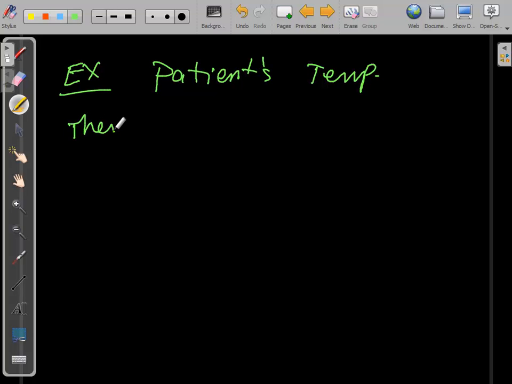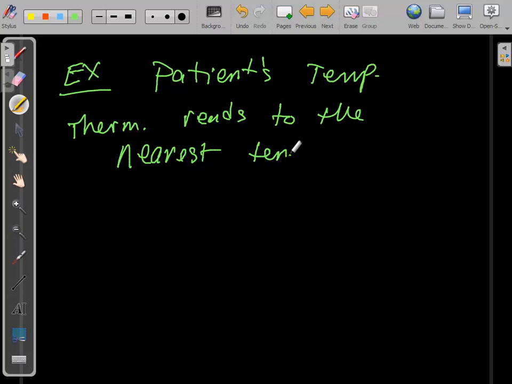So your thermometer reads to the nearest tenth of a degree. So a person could have, I suppose theoretically, any measurement possible for a temperature, although some are less likely than others. If you have a patient that has a temperature of 98.7 degrees,